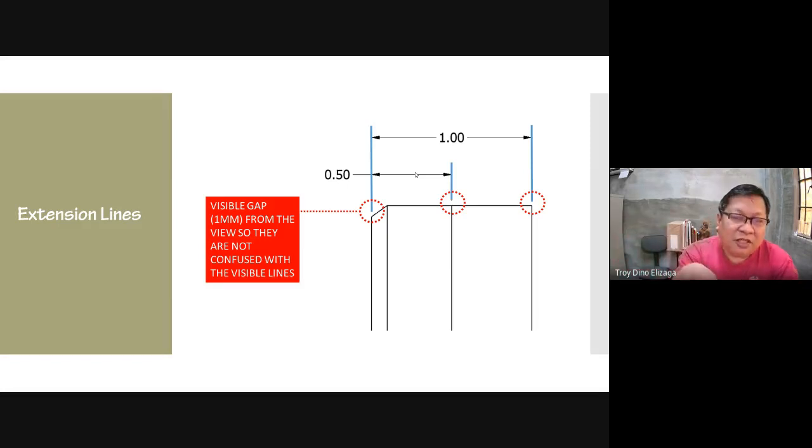So that means the start of the line is definite, and when you end, you also put pressure and then turn it. So it's like you're making dots. A dot and then a line and then a dot. So that makes your line very definite. You don't just let it vanish and fade away. I was reminded about this, because that's one way of making sure that you really are aware that the start of the line is far from the object.